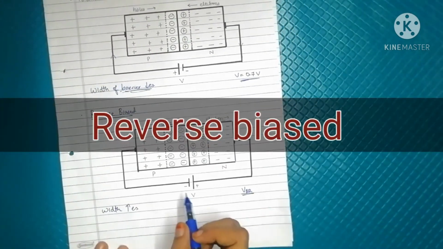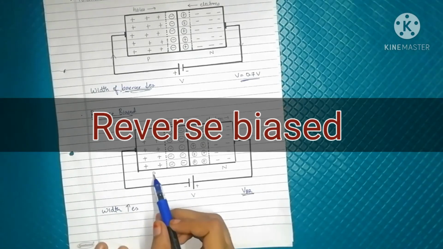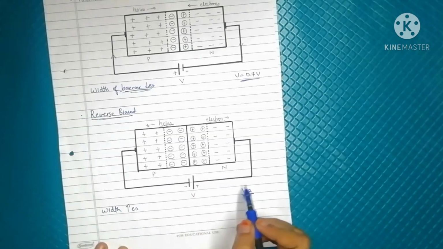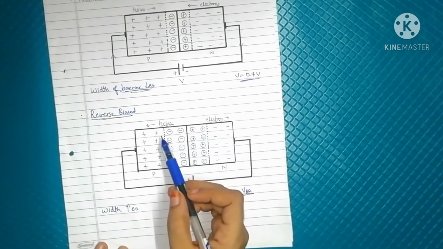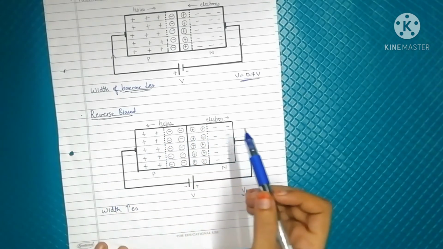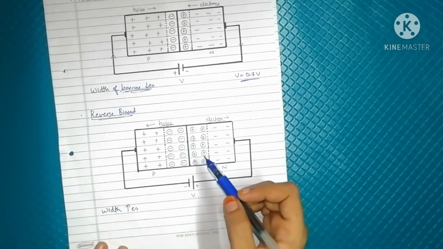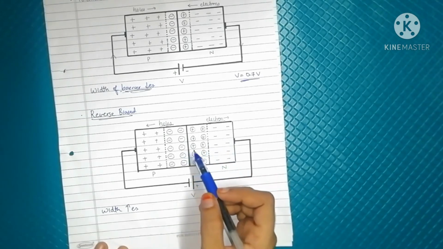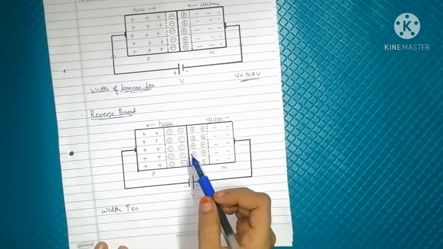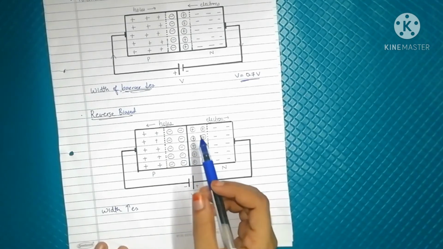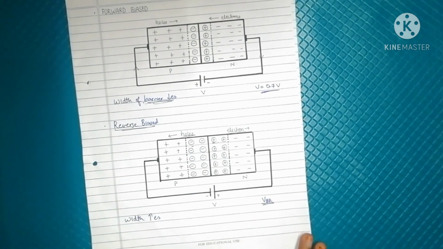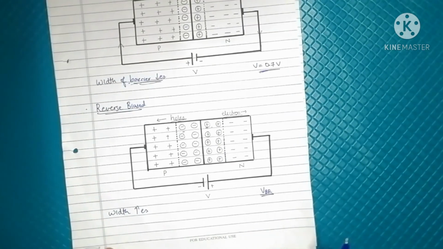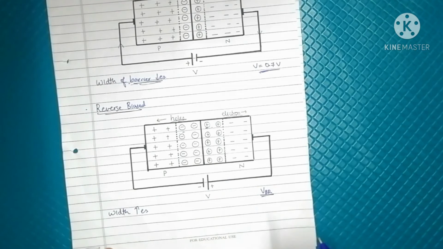In case of reverse bias, the negative terminal of the battery is connected to the p-type and the positive terminal of the battery is connected to the n-type material. So in this case, the holes and electrons will move away from the junction, and as they move away from the junction, the width of the depletion region will increase. So more and more number of ions will get accumulated in this depletion region. Now these ions will set up an electric field that will start from positive and end on negative. Current doesn't flow due to the majority carriers, but it does flow due to the minority carriers. Current value is also very small. So in this case, the width of the depletion region increases.